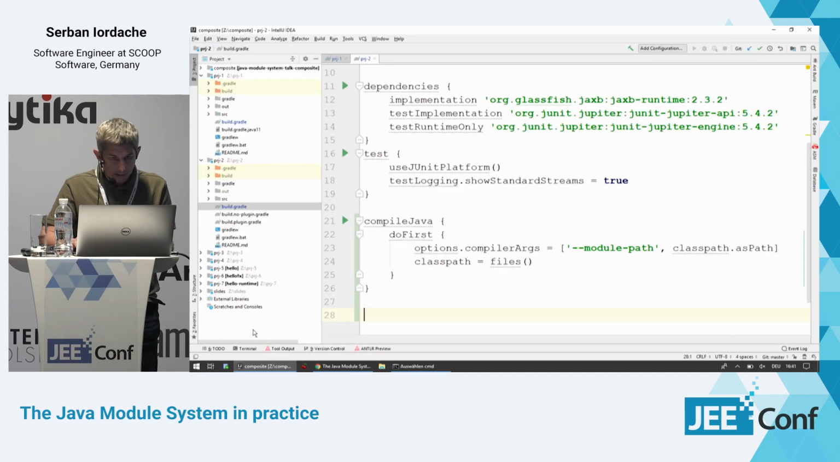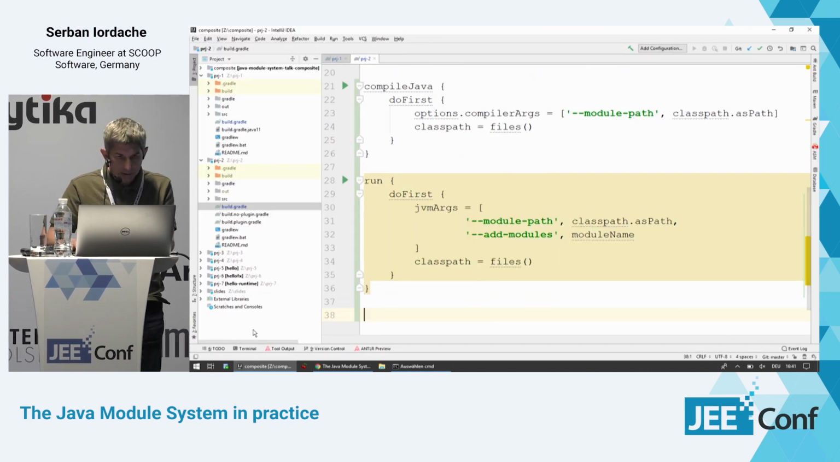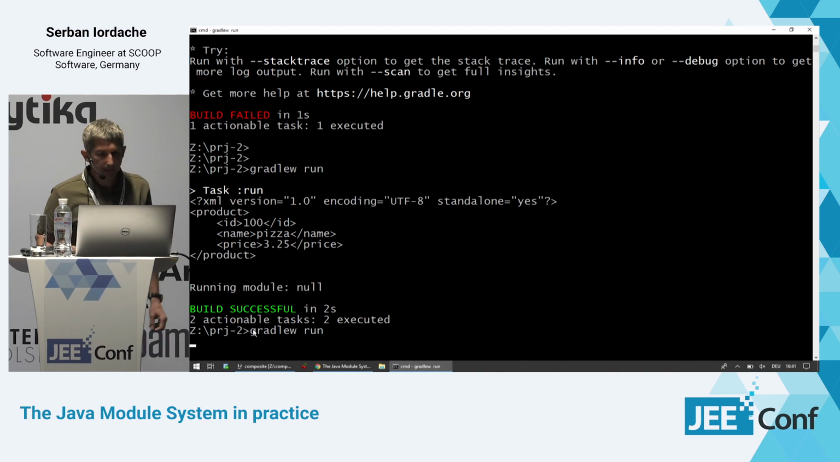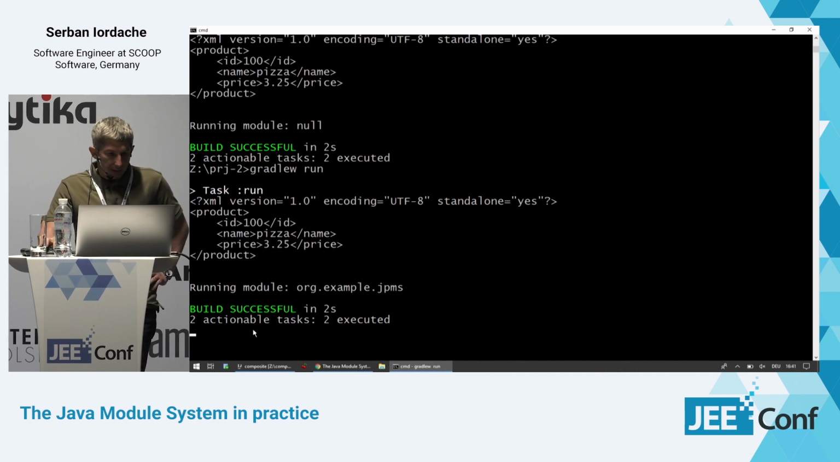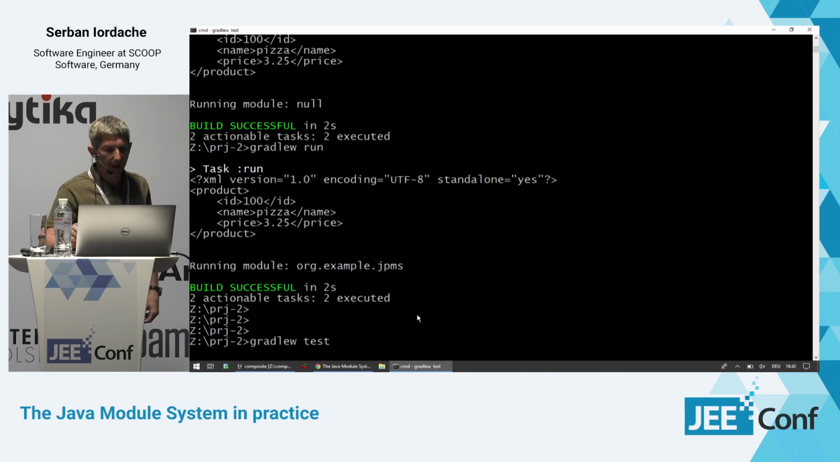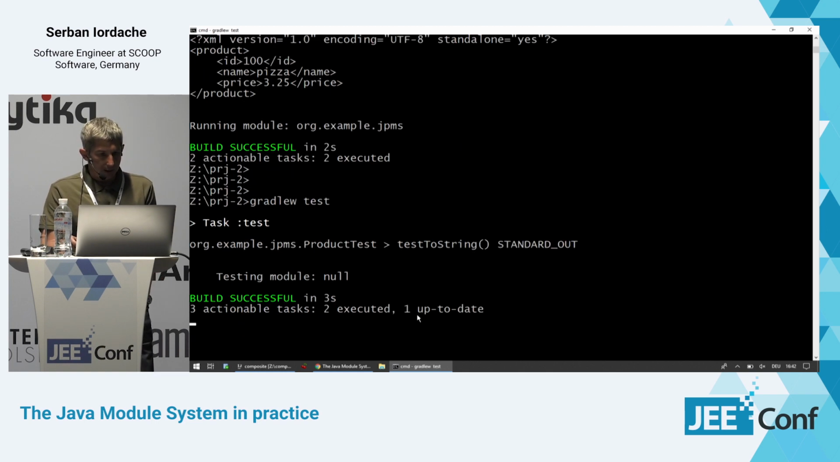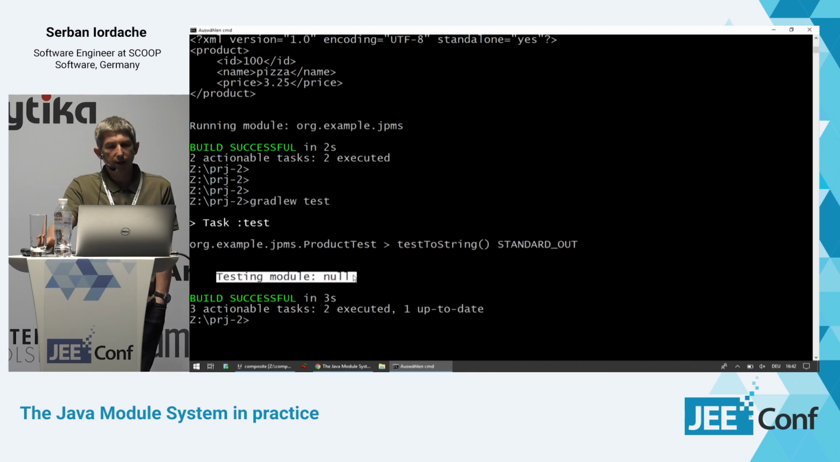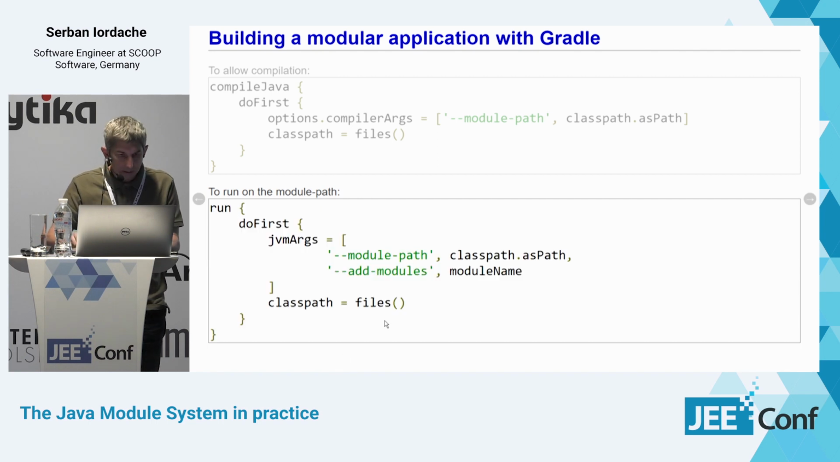Now putting also this in our Gradle script, let's run the program again. And now we see that it was executed on the module path because we see here the name of our module. Now let's test our code. So I'll say Gradle test. And the tests were successful, but once again, we see they were executed on the class path. So we also need to tell Gradle to execute our test on the